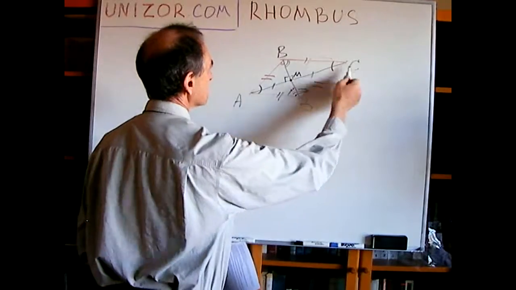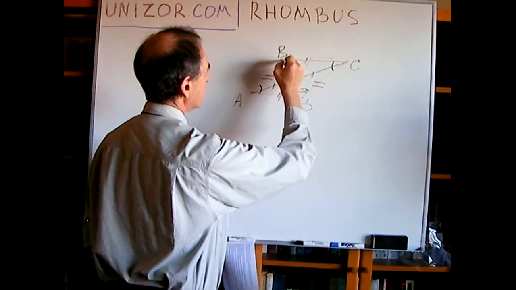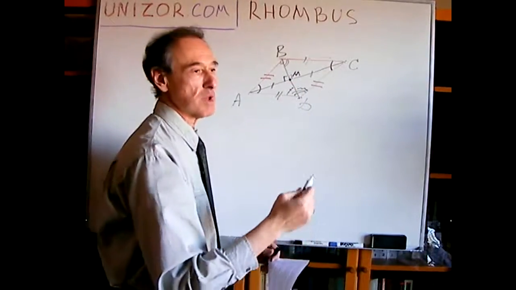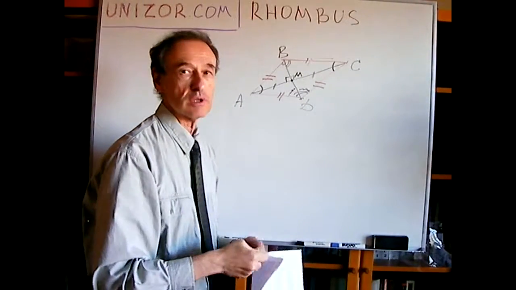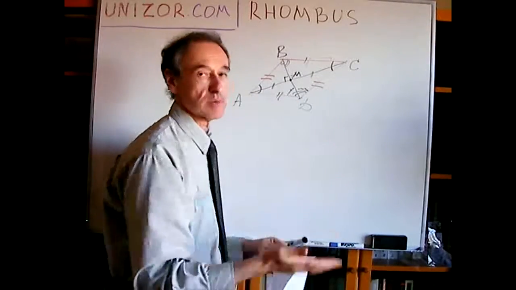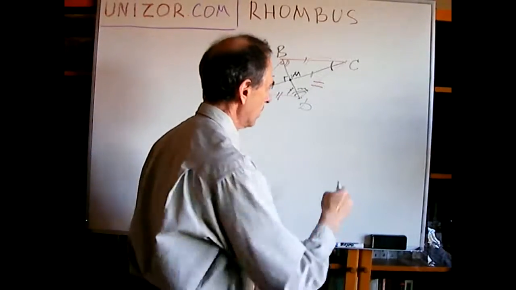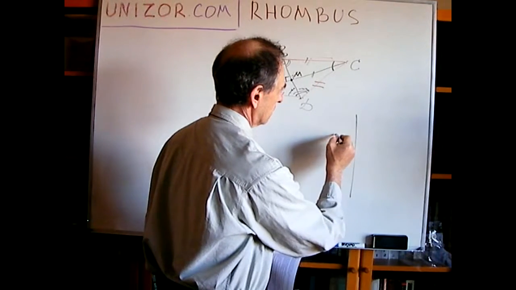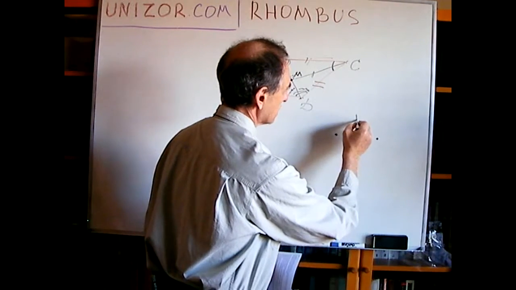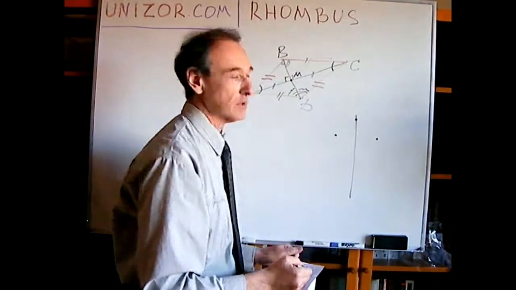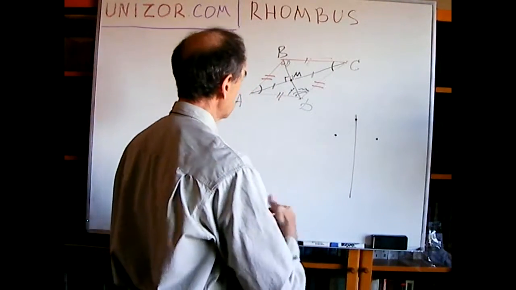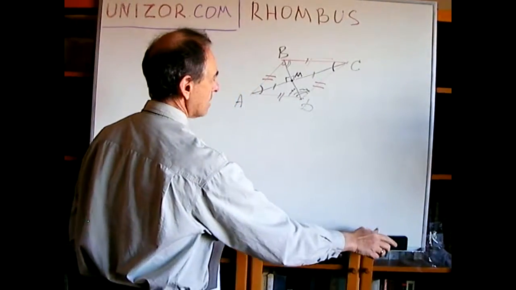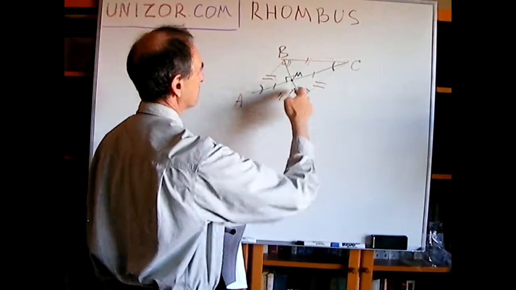Now, if A and C are symmetrical, B and D points are lying on the axis itself, which means the transformation of reflection transfers them into themselves. They are symmetrical to themselves. So if you have an axis of symmetry, this point is symmetrical to this, but this point is symmetrical to itself. Okay, which means that the whole rhombus, since A and C are symmetrical,